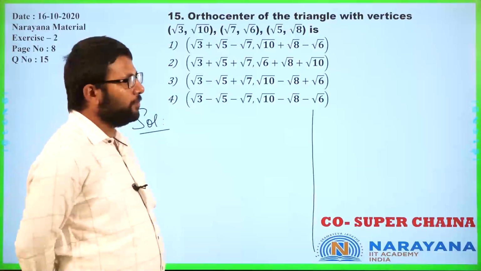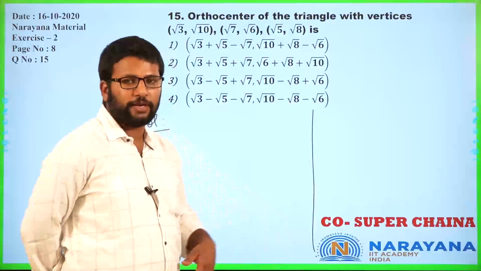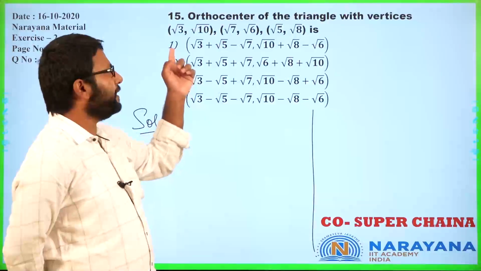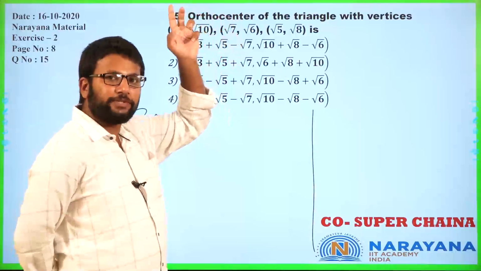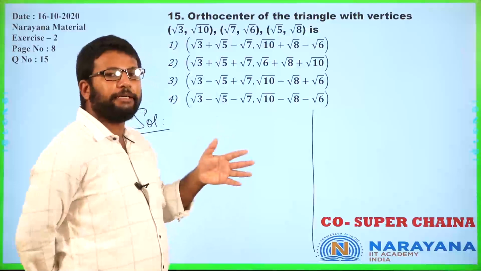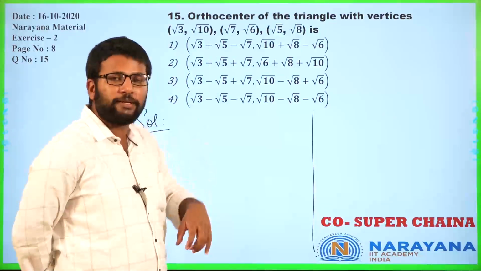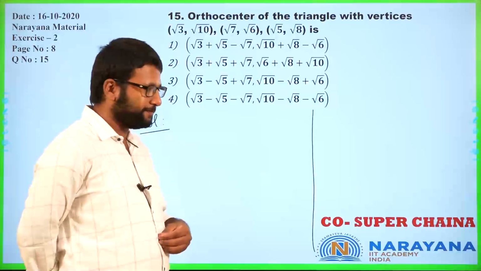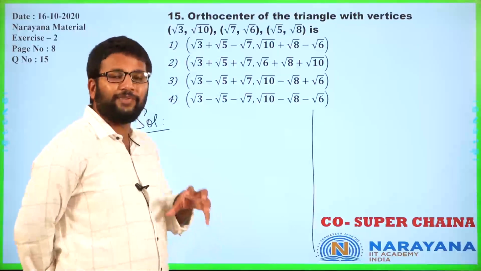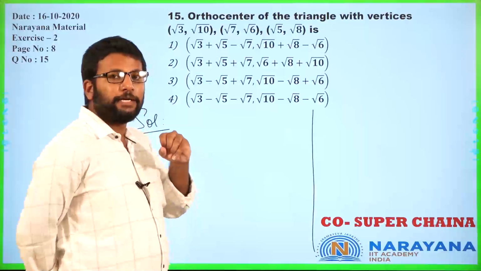Normally, later when you proceed into the further lectures, you will be able to figure out the equations of the sides and then the equations of altitudes. From their intersection, you can find the orthocenter. That is also possible. But because right now you don't know that, you need to do something else here. What else? Where else does orthocenter come up?